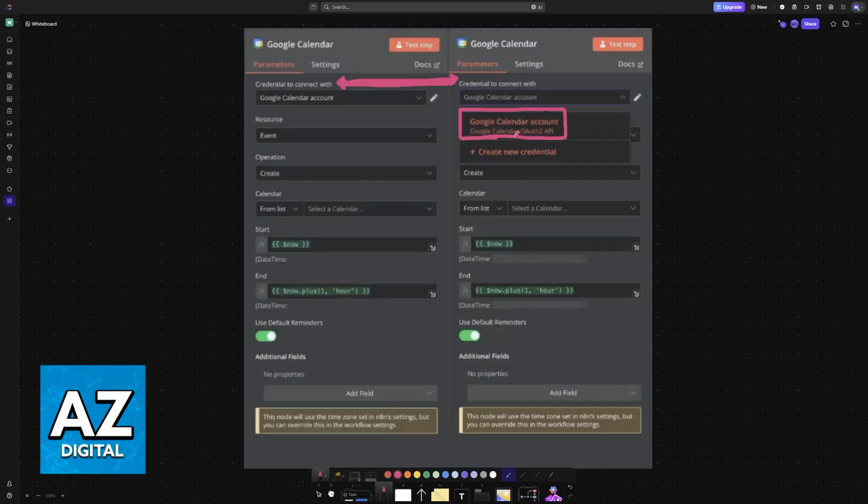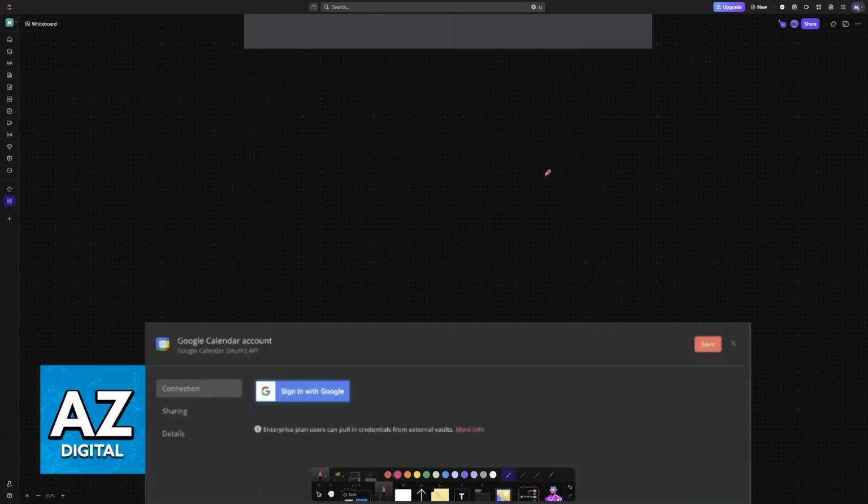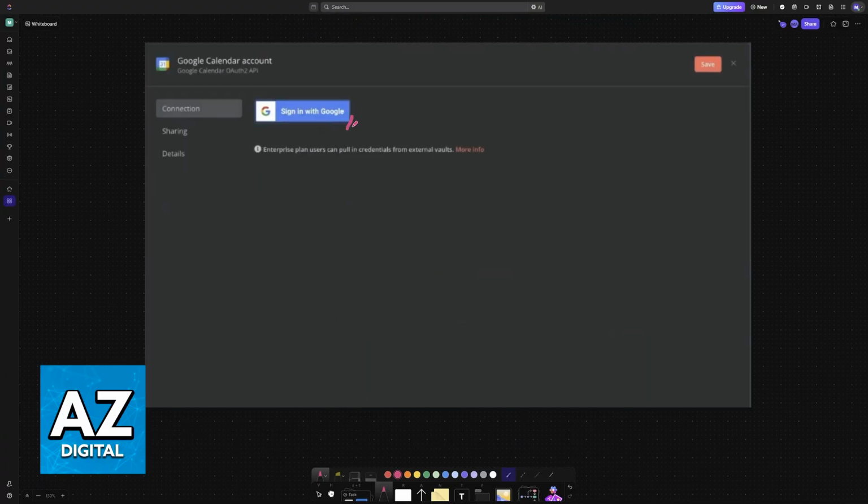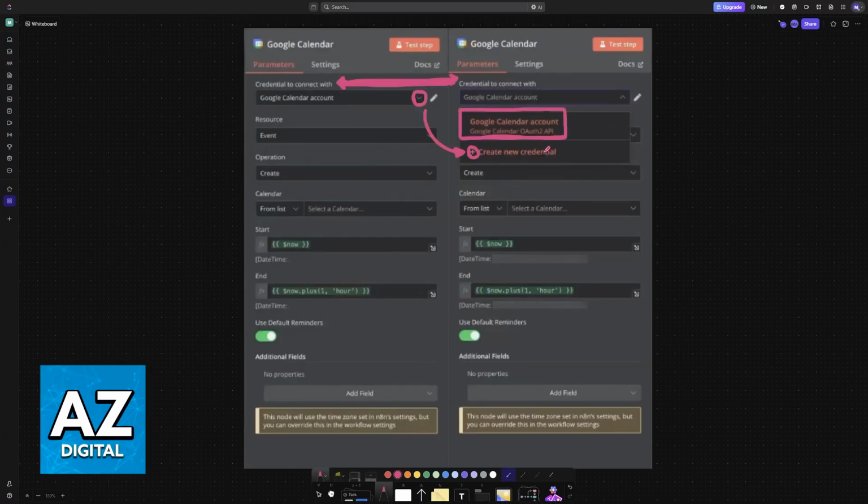But if you have yet to connect an account, then after opening the drop-down menu, choose the plus sign here, create new credential. And you will see the option to sign in using your Google account. By signing in with Google, everything from the service will be imported, including, of course, Google Docs. So sign in to your account, read through all of the permissions that are going to have to be granted, and as long as you approve the connection, you can set up all of the other fields when creating that